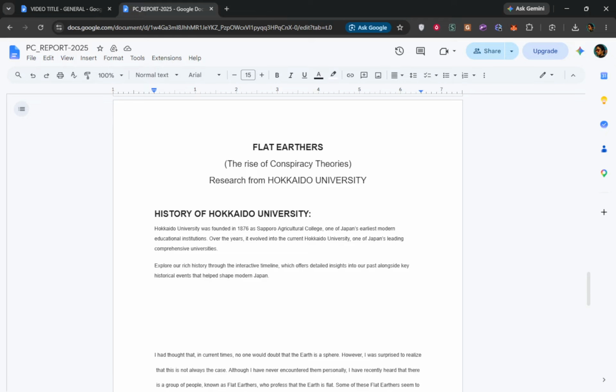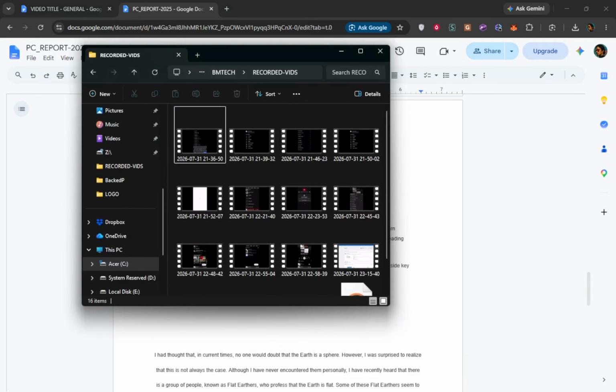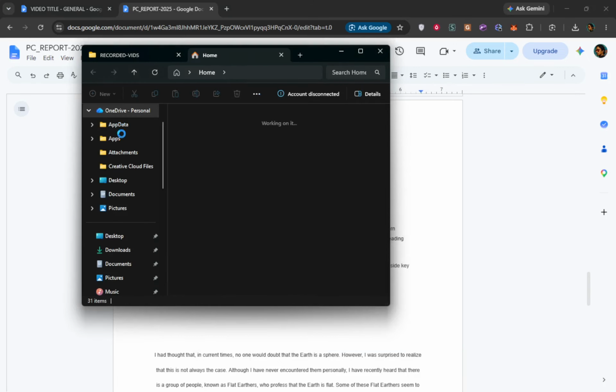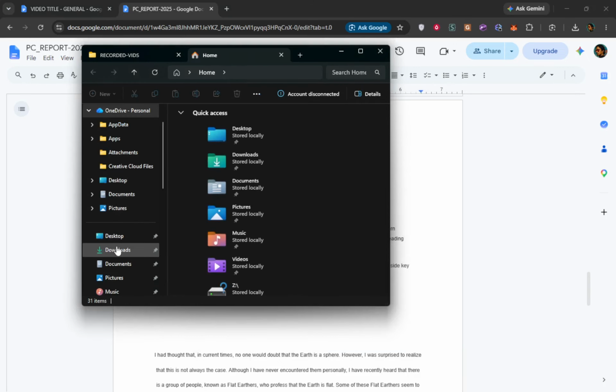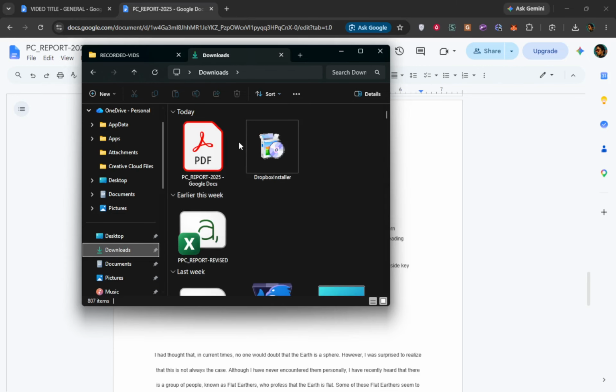Finally, click Save. The dialog will close and the PDF file is created in the folder you chose. When you open that PDF, you will see it contains only the single page you selected from your Google Doc. You just learned how to turn one page from a Google Doc into its own PDF file.